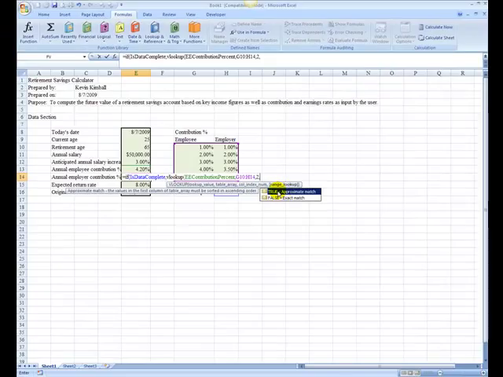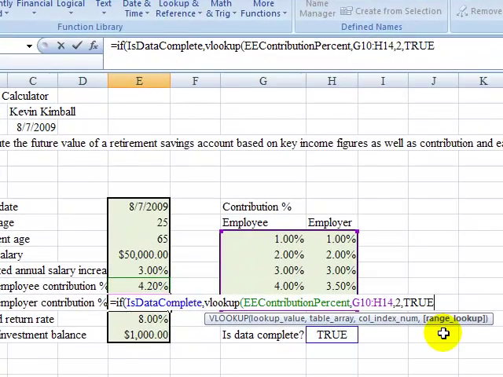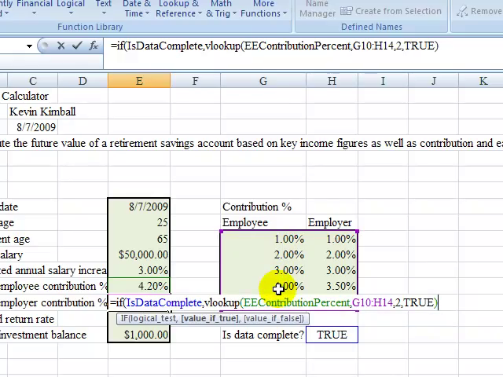So I'm going to use an approximate match. That is the default, so whether you put that in or not, it will be an approximate match. If you don't want approximate match, then you have to use exact match. Another point is this lookup table, if you're using approximate match, it has to be in ascending order from lowest number to highest number. So let's finish that up, and I would then put in comma, double quote, and